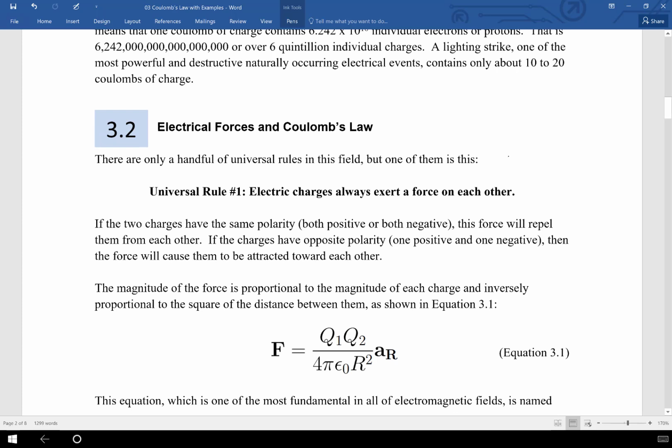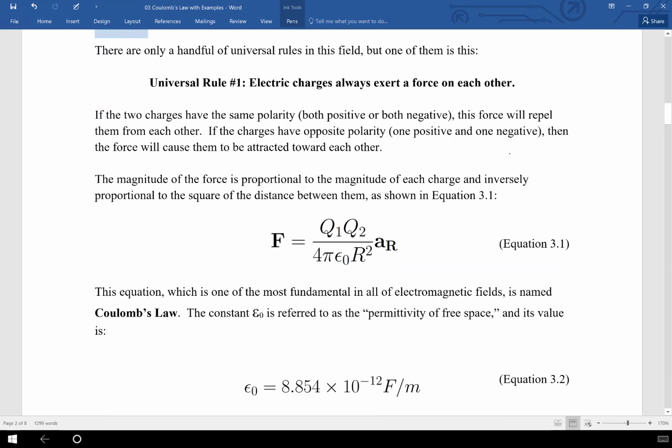Now, we're going to introduce just a handful of universal rules in this class. One of them, the very first one, we're encountering today. Universal rule number 1: electric charges always exert a force on each other. Doesn't matter if they're sitting still, doesn't matter if they're moving at a constant velocity or accelerating, they always exert a force on each other. Now, the magnitude of that force and the direction of that force can be determined by Coulomb's law, which is